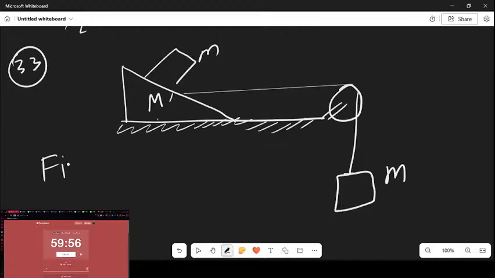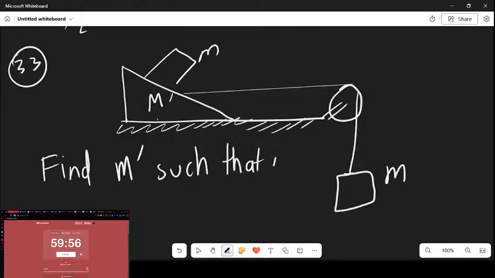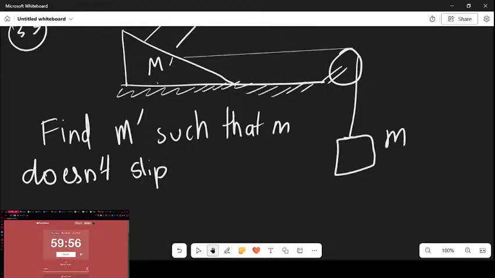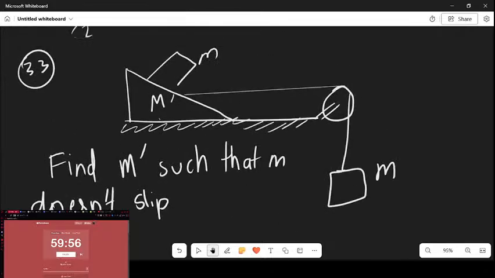Find M dash such that m does not slip. I mean, not M dash. Let's have the small m. We need to ensure that the small m does not slip. So to ensure that small m does not slip,